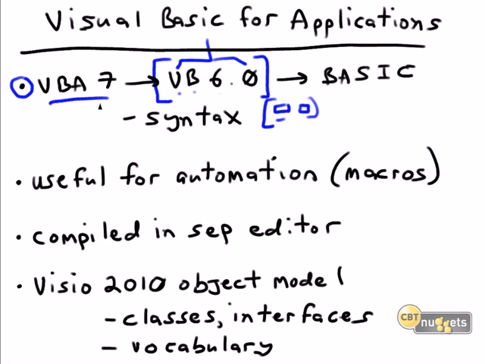VBA is formally called, if you go to Wikipedia or Microsoft's own site, a multi-paradigm programming language because it has elements of the old event-driven procedural stuff, but it also includes some elements of the current standard programming paradigm, which is called Object-Oriented Programming, or OOP. The coolest thing about OOP, as we'll see a little bit later in this nugget, is it's maximized for code reuse. We don't have to reinvent the wheel, so to speak.